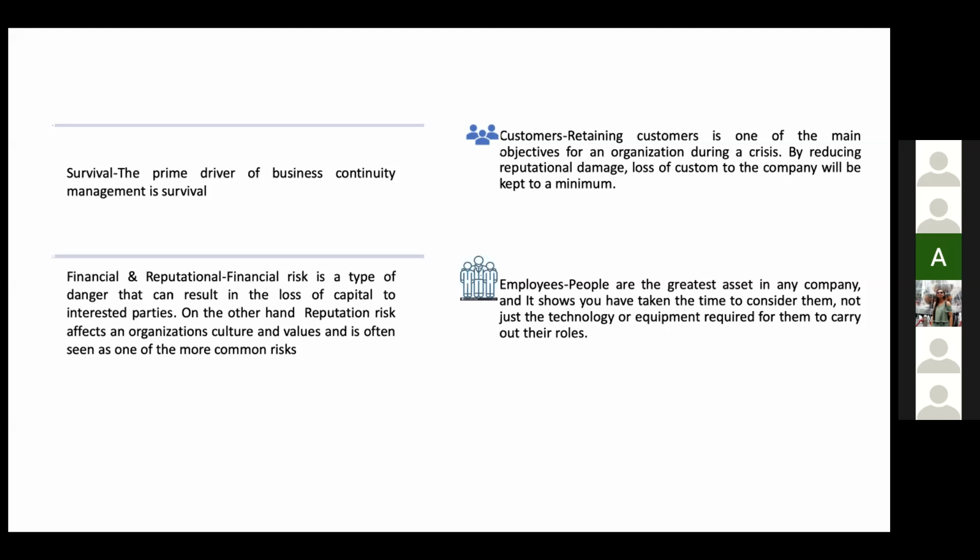So lastly, I can say that after all these key drivers, although there are circumstances which would be difficult for a small organization to come back from a major disaster, effective business continuity management can help aid the recovery and minimize loss when an incident occurs, better than in those companies without a plan in place. Embedding BCM protects the interest of key stakeholders as well as the organization's reputation and brand.